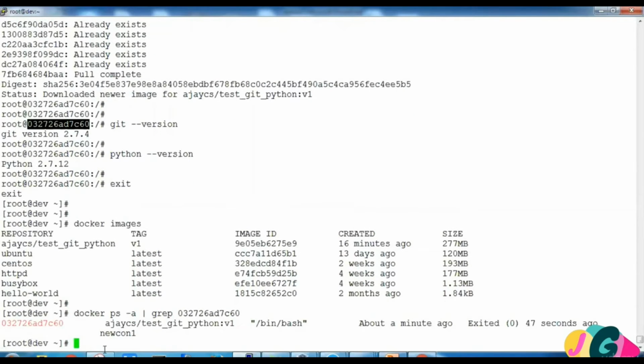So the container is there, but we have just exited from it. So this is how we can create our own image and upload it on Docker Hub and use the same image for multiple purposes without reconfiguring the same thing. Thank you for watching it.